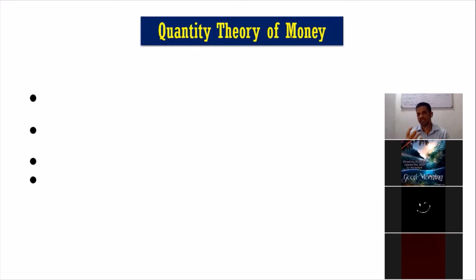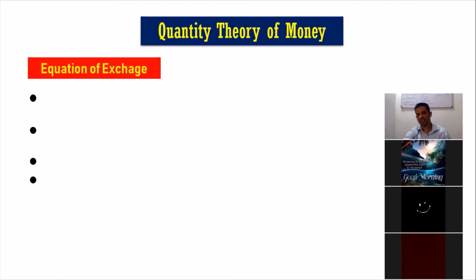There's an equation showing the relationship between money supply and velocity of circulation on one side. The other side, what is that? Nominal GDP, meaning general price level into real GDP. So quantity theory of money is explained with the equation of exchange. That's the first point. So what is the equation of exchange? Money supply into velocity of circulation